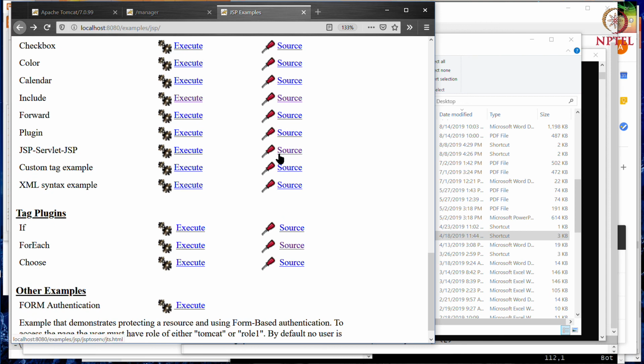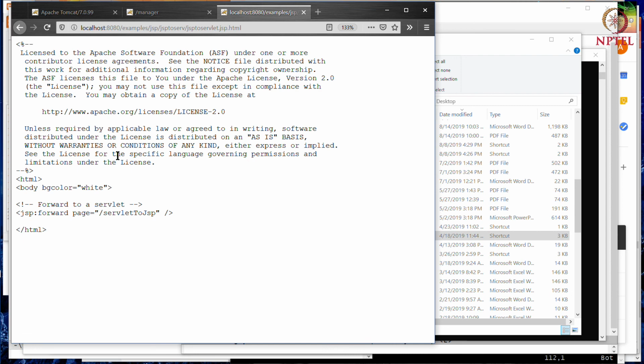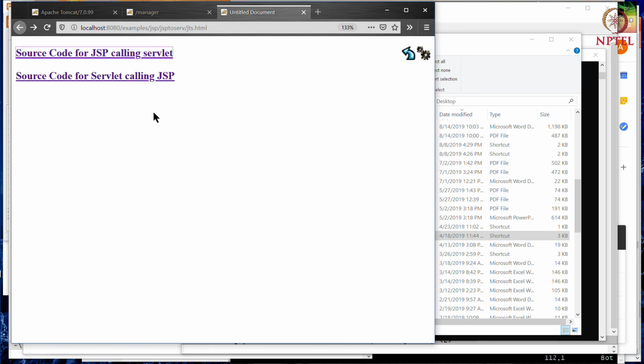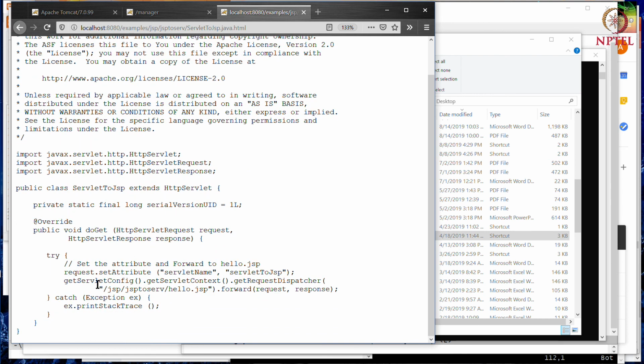Here is another example of JSP servlet JSP, where they show how a JSP page can call a servlet, and how a servlet can call JSP in turn using a different method.